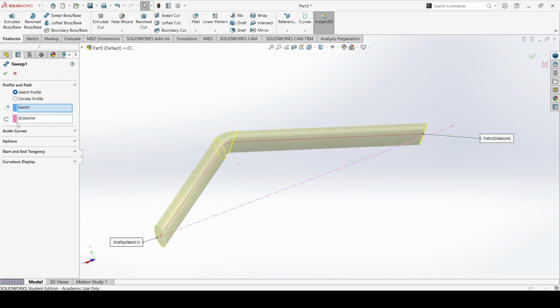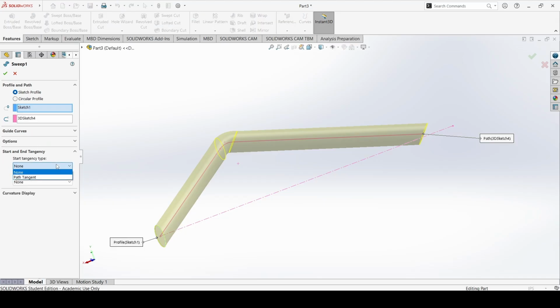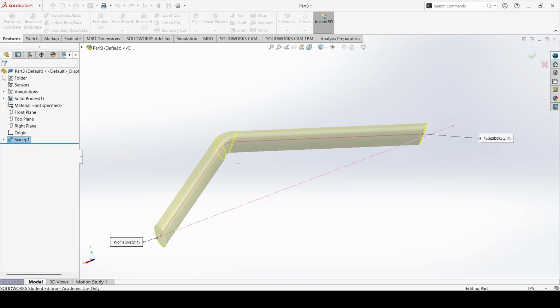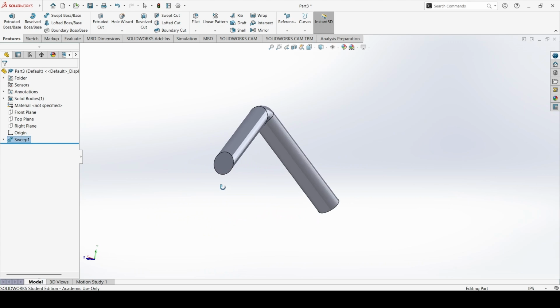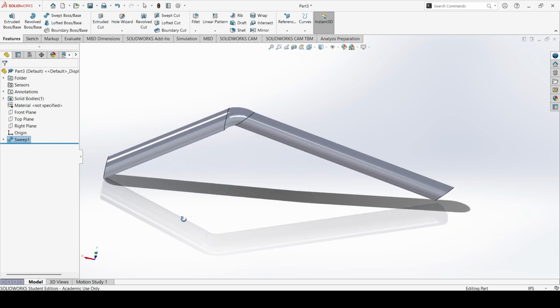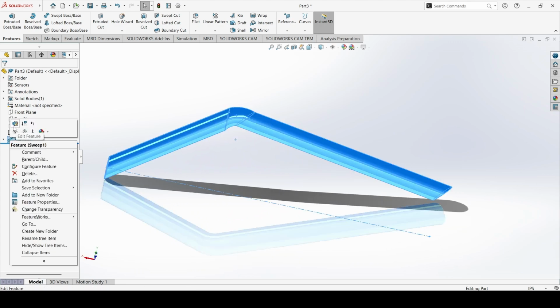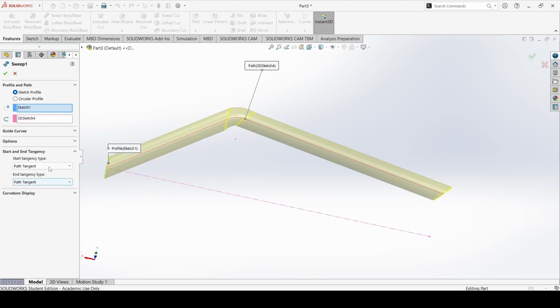For example, edit the feature, start in tangency. We can make it path tangent and path tangent. I don't know if that'll do anything. But yeah, there's a lot of stuff that you can do with it. I think that did change something. I could be wrong though. I don't think it did anything. Well, anyways,